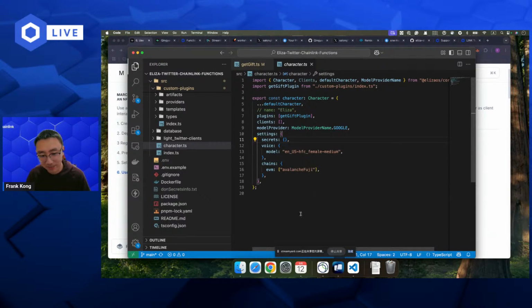I skipped something. If you check the original one in the starter kit, you will find the personality and all the background of this character. You can understand the character as a person. It has a personality. And when you talk with an AI agent, you are talking to a person. So this character holds all the configurations that the AI agent needs to use.